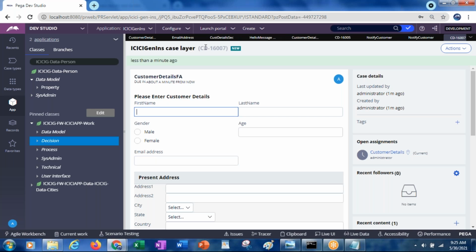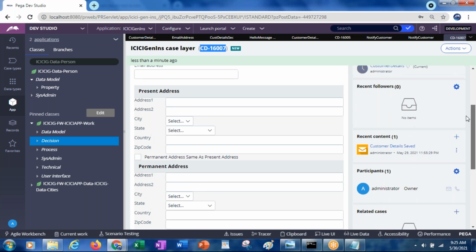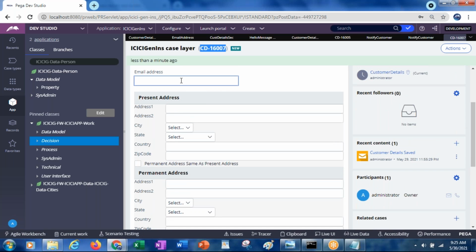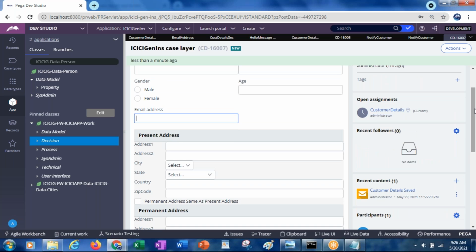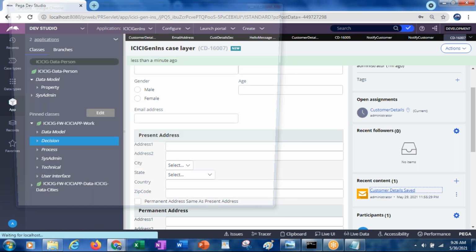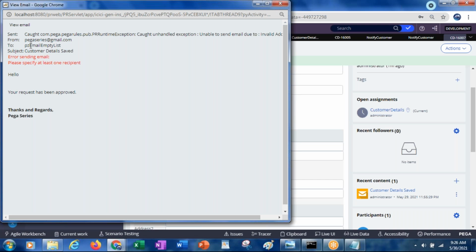The work object ID is generated and it has created the work object in the database. So at that time, it is trying to send the email. At that time, it did not have any email address. Clear? Yes, sir. Whenever the work object is created, it is saved to the database, but at that time we have not yet given the email address, so it has a blank email ID. So that is the reason why it gave PZ email empty list.